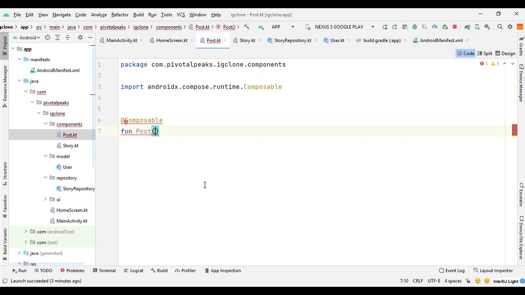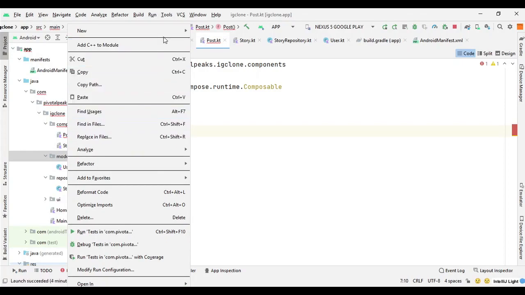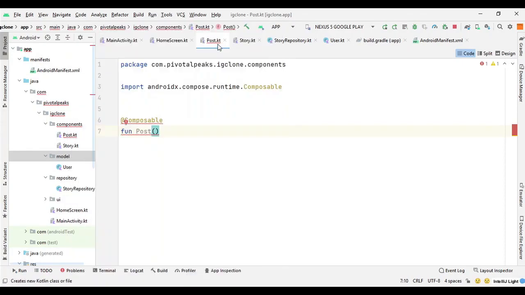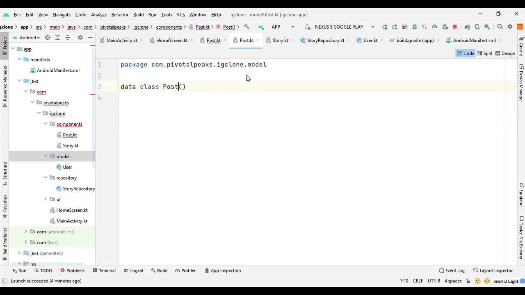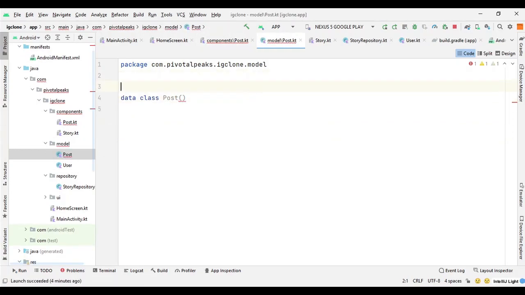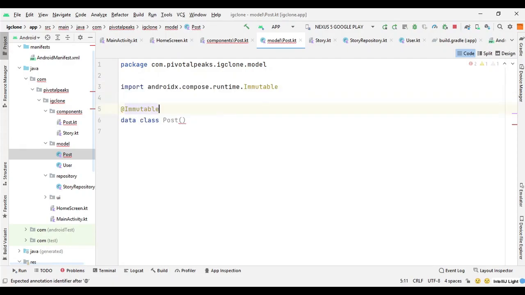So let's create a data class first for our post component. So we will say data class post, and let's make it immutable. So add immutable, and for post we will have a bunch of variables.